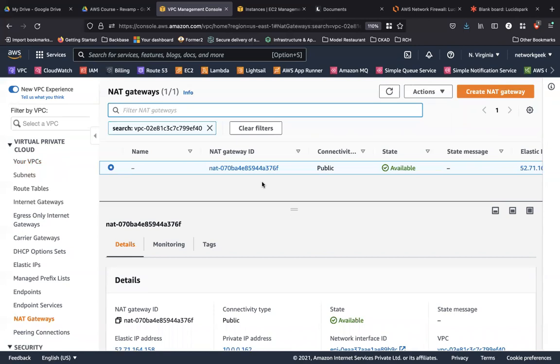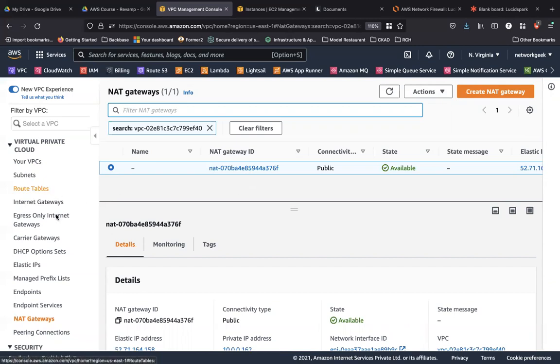But this is where the architecture changes a little bit, because we are going to launch the network firewall onto the firewall subnet of our VPC. And then we are going to modify the route tables in such a way that all of the traffic from your subnets goes through the firewall subnet's network firewall. And all of the traffic that comes from the internet also goes through the network firewall. So inbound and outbound traffic always goes through the network firewall.